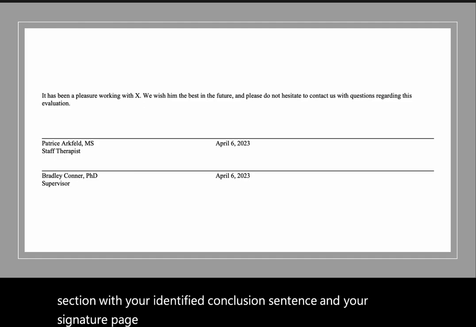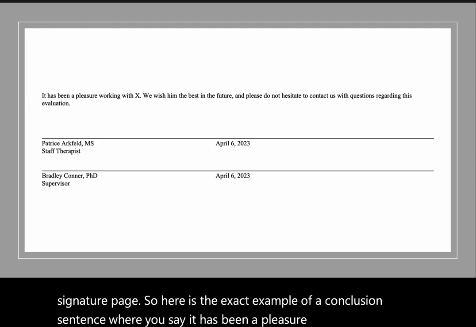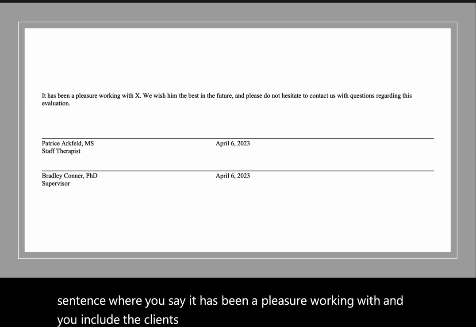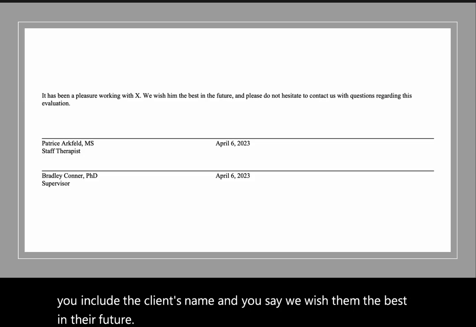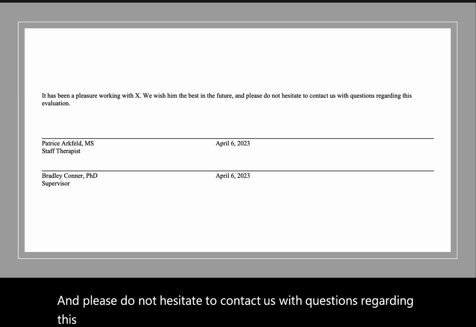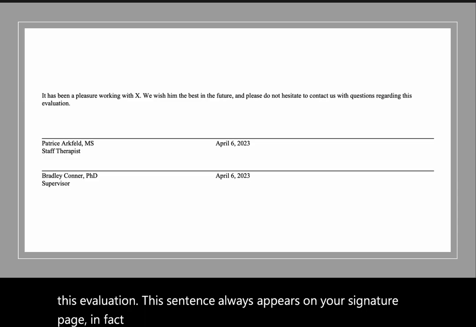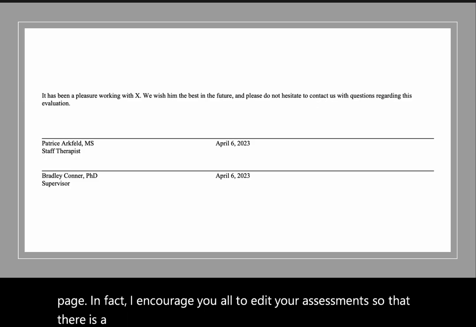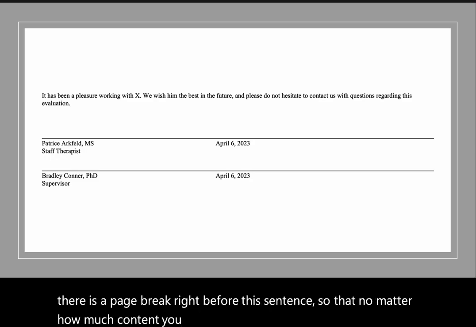So here is the exact example of a conclusion sentence where you say, "It has been a pleasure working with," and you include the client's name. And you say, "We wish them the best in their future, and please do not hesitate to contact us with questions regarding this evaluation." This sentence always appears on your signature page. In fact, I encourage you all to edit your assessments so that there is a page break right before this sentence, so that no matter how much content you have before it,